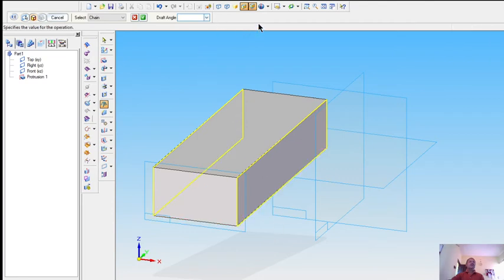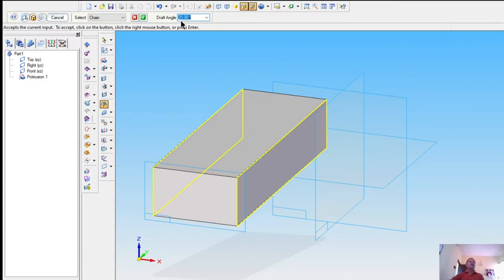Then here it will ask the draft angle. Suppose if I give the draft angle is 25°, click specify the value of drafting angle, then click here to accept the draft angle on the feature.